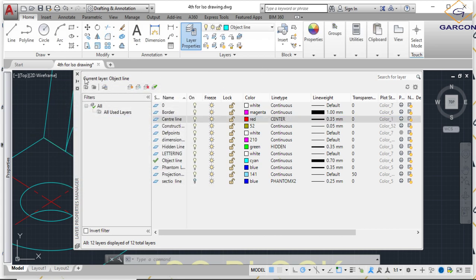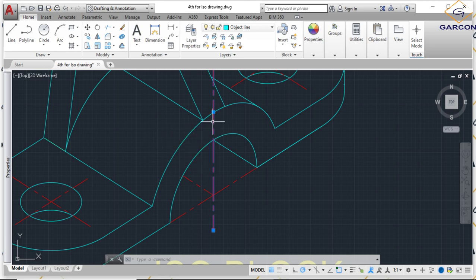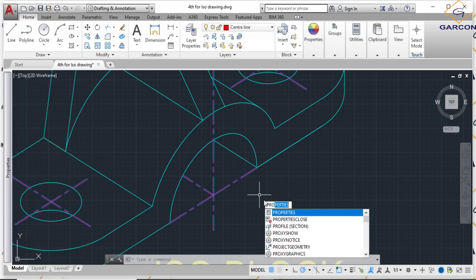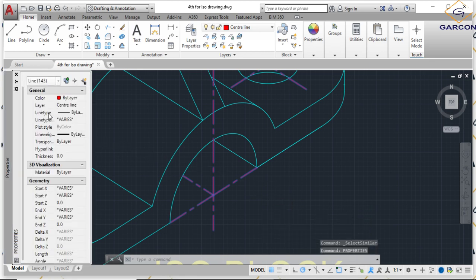So what we do to get it to show like a center line, we select here, right click, select similar, so all of them are selected. Then go to properties. You can either type in properties or you should see it here on the tab. If it's not here, you just type it in. You can change the type of line, but not that, because you already selected center line. So now we are changing line type scale, which specifies how wide the gaps between the line are. So you change the scale factor to 10